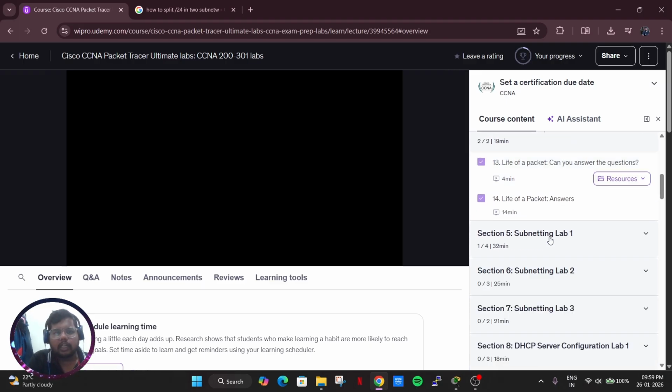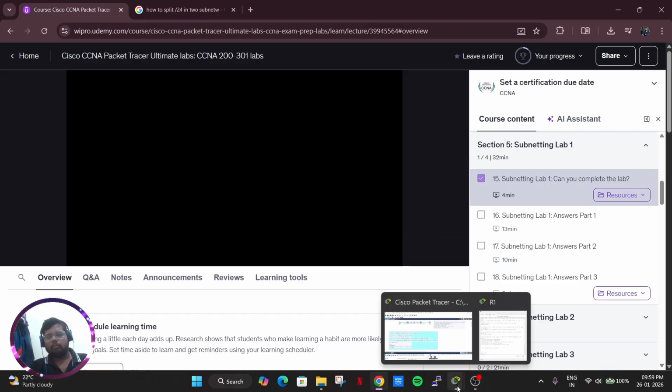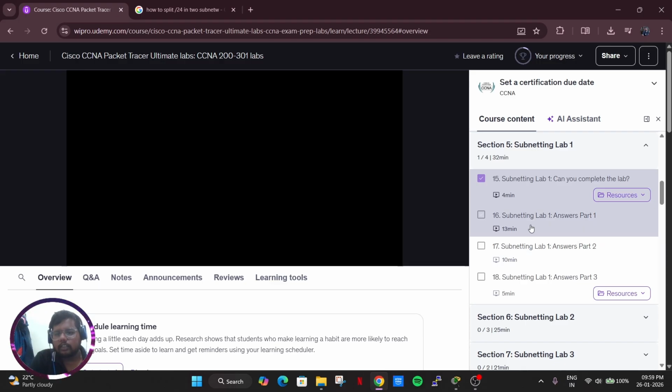So we are starting from lab one, which is about subnetting. Let me go back to Cisco Packet Tracer. This is the question. There is this setup, in which a router is not part of it before. He wants to split the subnet of slash 24, and this is the question. I'm not going to read everything, because anyhow I'm going to explain the answers. He has answers in his next part, but